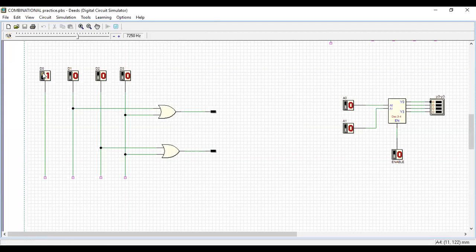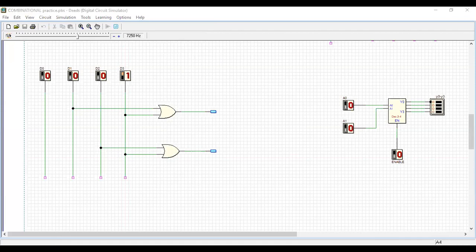So D naught is 1, output is 0. D1 is 1, so Q naught is 1. Then D2 is 1, Q1 is 1. Now D3 is 1, both are 1, 1. Yes.